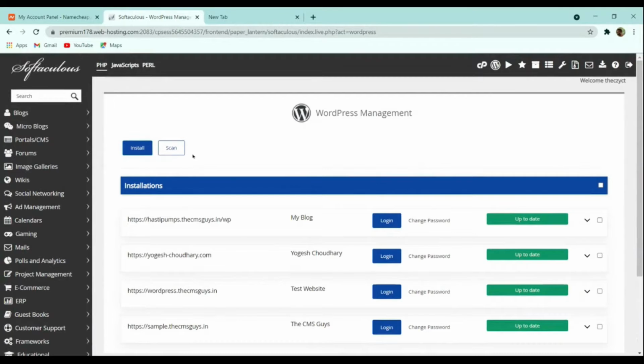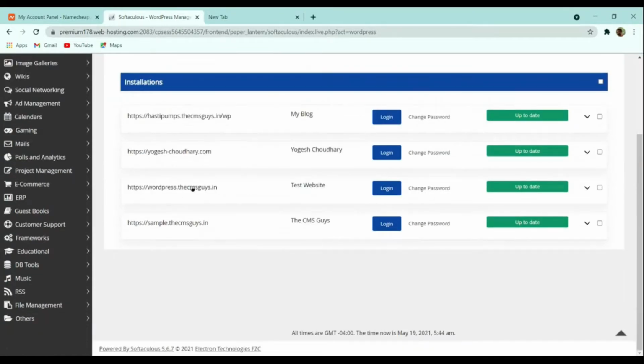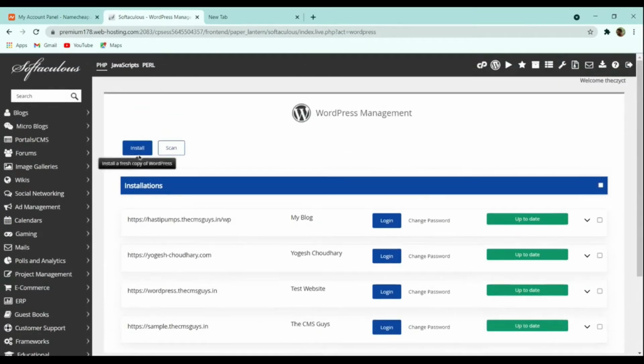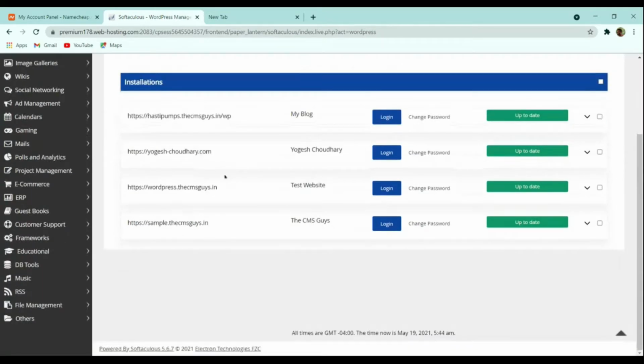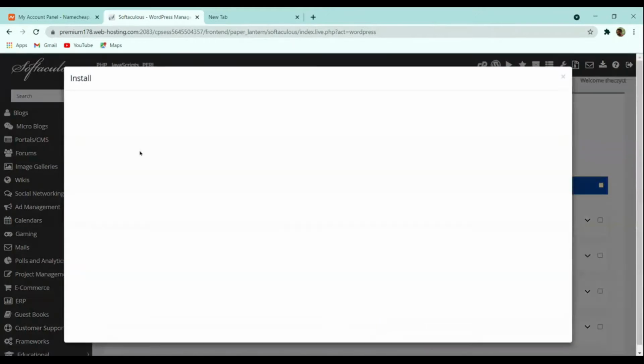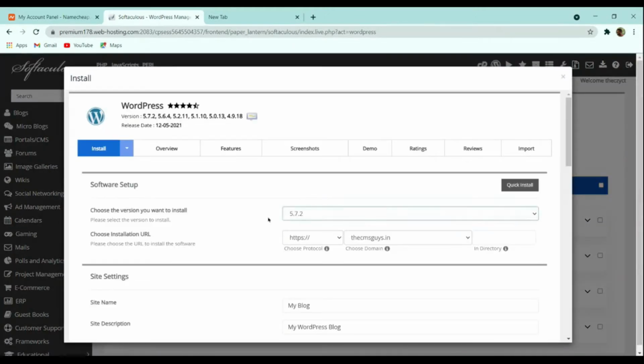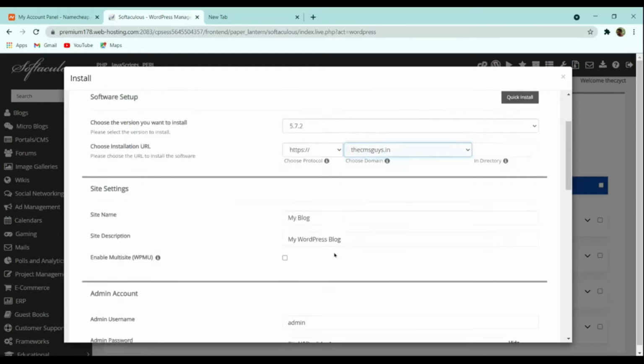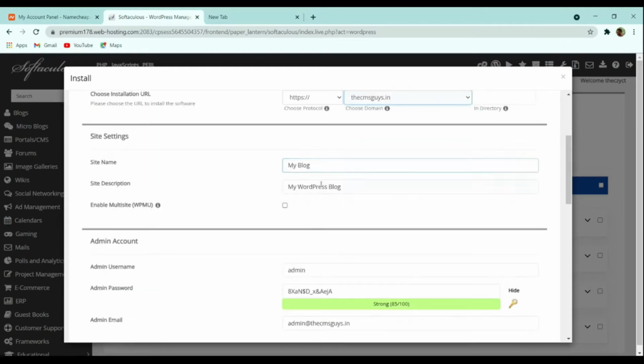So for that, let me first of all install WordPress on my domain name. For it, we have to fill in the WordPress details. First of all, click on install. So here you can see that this is my domain name where I want to install. I have selected cmsguys.in, and then here we have to fill our site name and